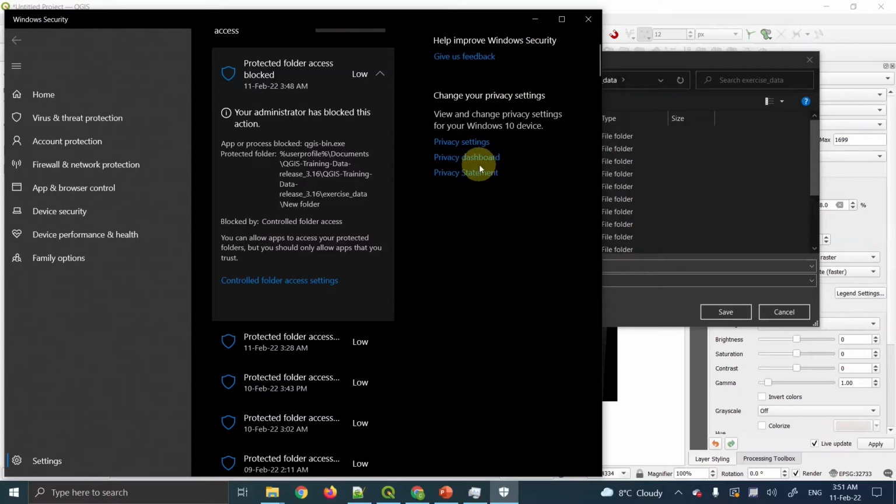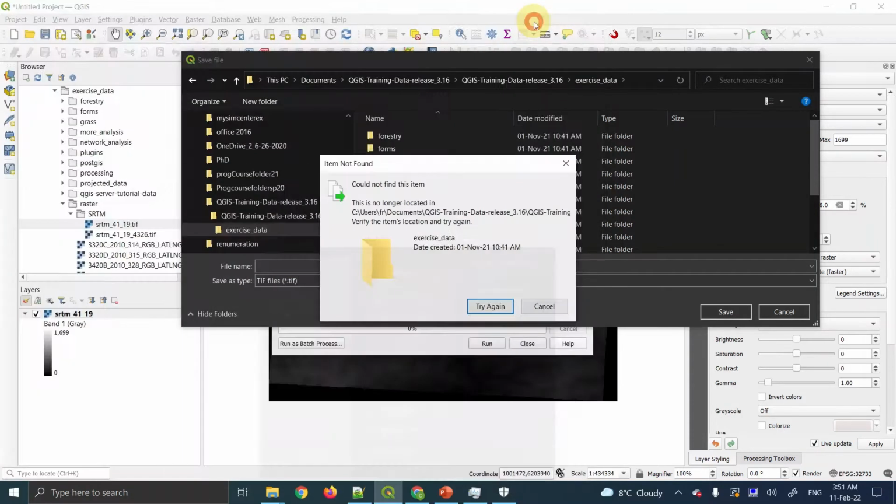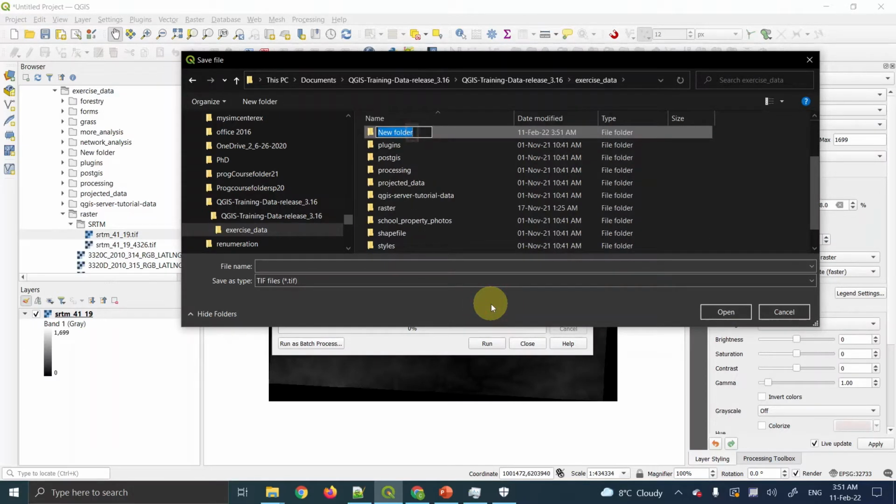again you may see a black screen, but it is a confirmation of user access control, Windows security. It is asking me to allow this app to make changes. So I will say yes. And after making this change, I'll minimize and I will try again. This time I'm able to create the folder, and the name of this is